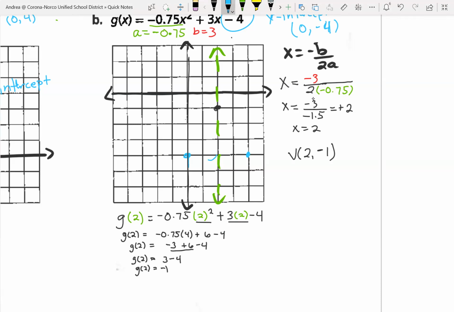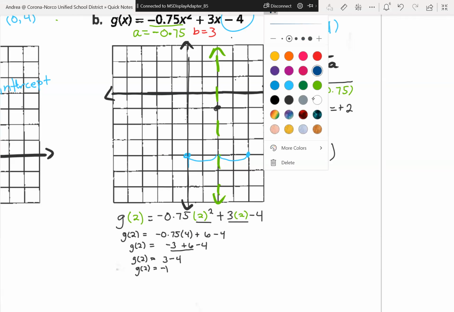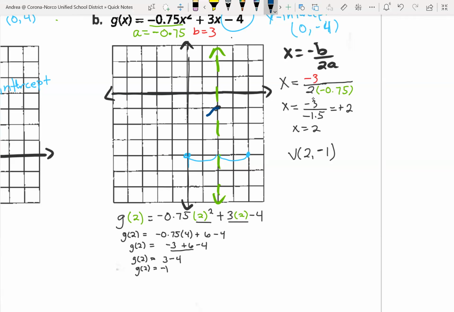It was 2 away here, so it's going to be 2 away here. So then my parabola is going to look a little bit fatter because the absolute value of a is in between 0 and 1. Any questions over that? We're all good? Okay,